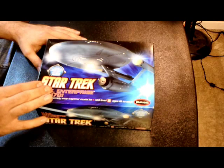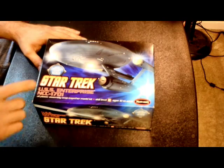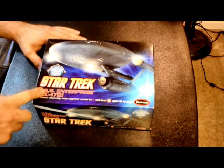If you mess something up like this, you're not really out a whole lot and you don't have to get too discouraged. I've messed up a bunch of these doing different things, trying out new techniques and stuff. So they're kind of just a fun model to work with, and you don't have to have this exact one. You can do like the Enterprise D that's out there, or the Enterprise E that's a